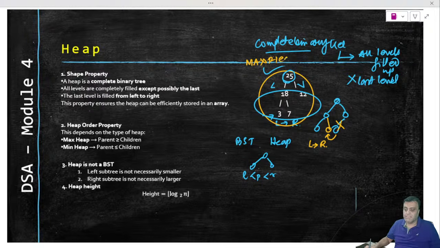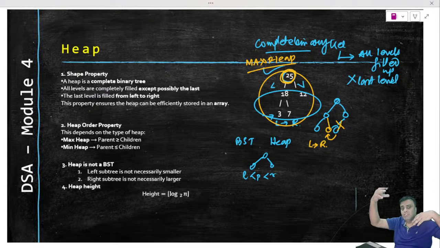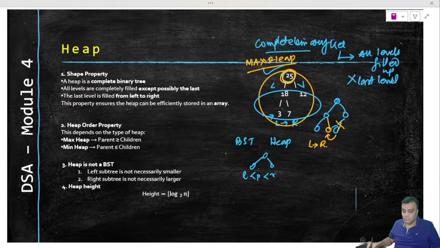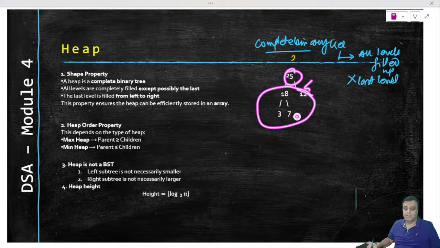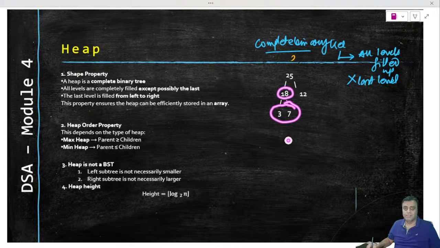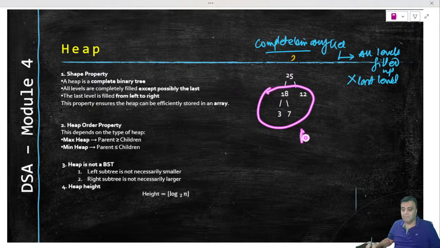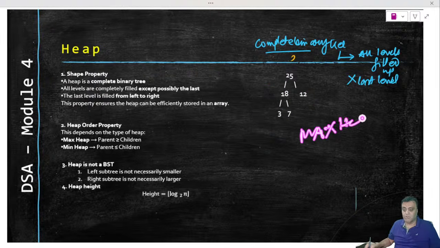When we are talking about a max heap. A max heap means that the highest element will always be at the top of the heap, and a min heap is the reverse. So a max heap has the highest element at the top of the tree, and every node is greater than its descendants. So if I see this, then I see that every node is less than the parent. So this is what makes this a max heap. Of course it is a heap, but it is also a max heap.